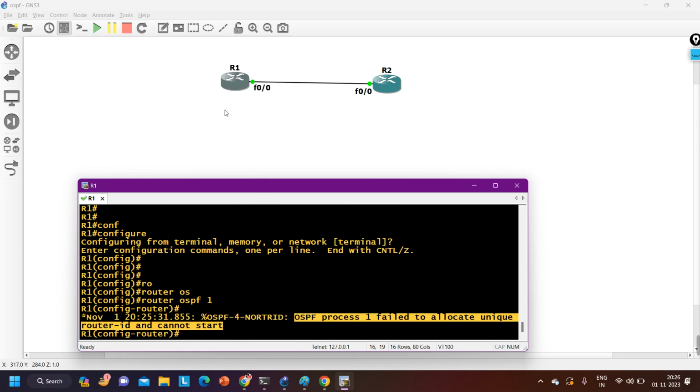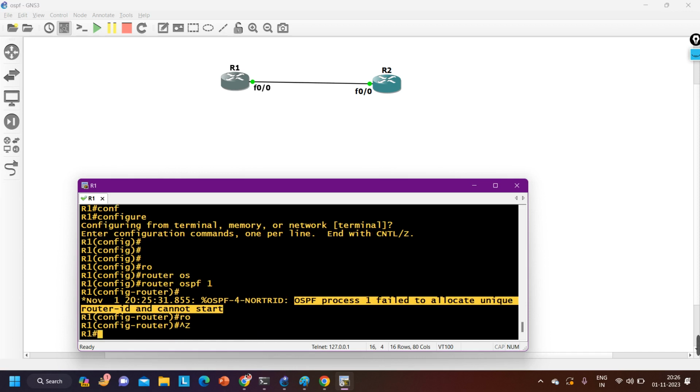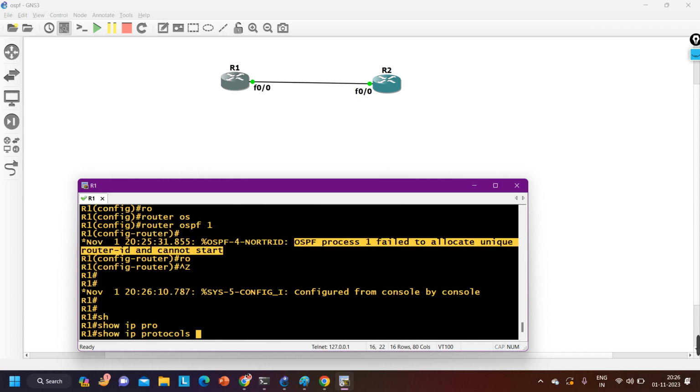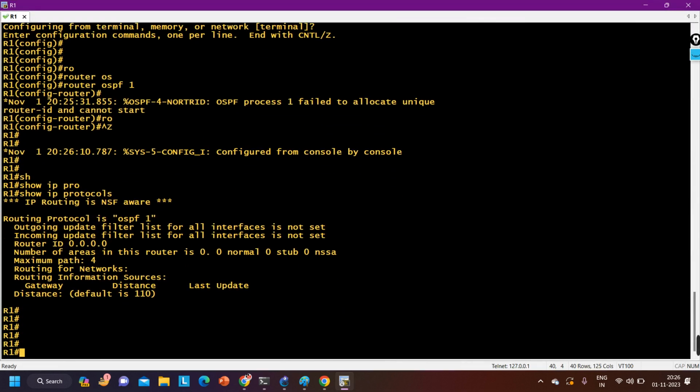That's why this router is not able to allocate a router ID. Here manually we can define router ID 1.1.1.1, but I have not defined any router ID and there is no IP address on any interface. If I check show ip protocol, you can see the router ID is